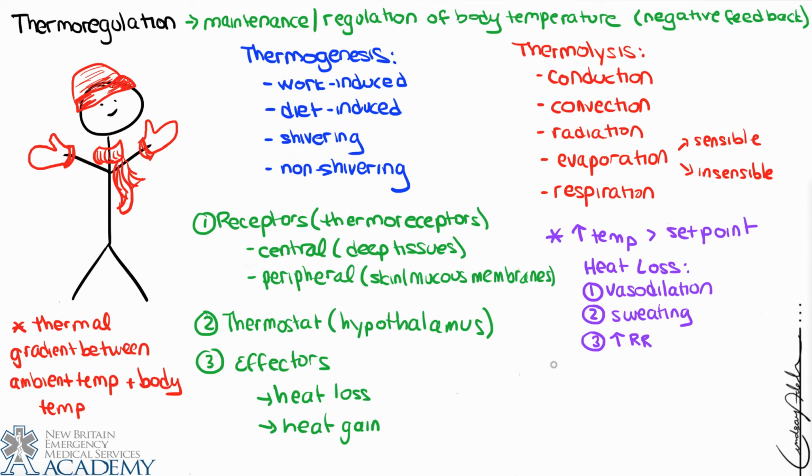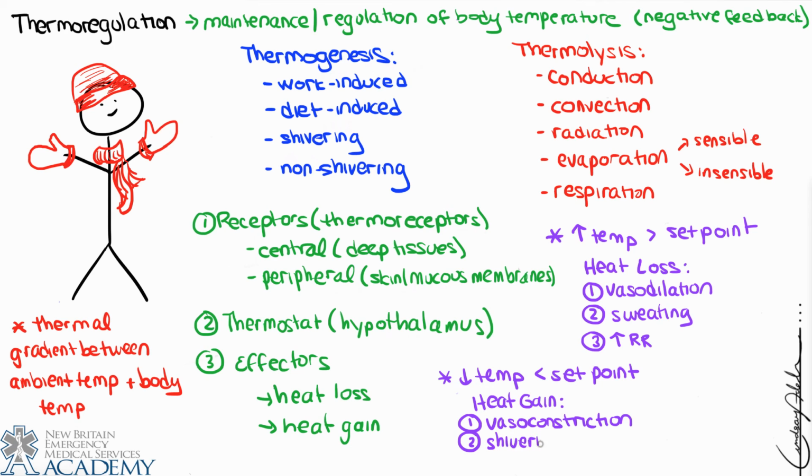Now, of course, like all negative feedback mechanisms, the actions are turned off when the body temperature returns to normal. And conversely, if we had a decrease in temperature below the set point, we would activate the heat gain center in the hypothalamus. And the actions of the heat gain center include vasoconstriction and shunting, bringing the blood towards the core with less exposure to the environment because it's further from the extremities. Shivering thermogenesis, which is basically involuntary skeletal muscle contractions that will produce heat. And non-shivering thermogenesis, which we mentioned, is responsible for release of certain hormones in order to increase metabolic activity.